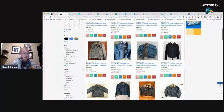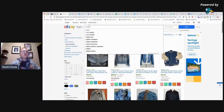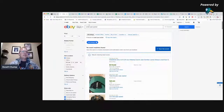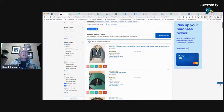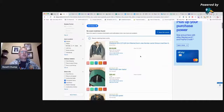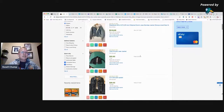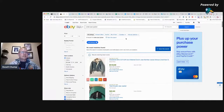Let's do a quick search on Kotler jean jacket. See if we have any money here or not. Nothing's coming up. Dead stock 90s Kotler acid wash denim bomber. This thing's Sherpa lined, $120. Levi. So not much. There's one. So you know what we're gonna have to do? We're gonna have to go to